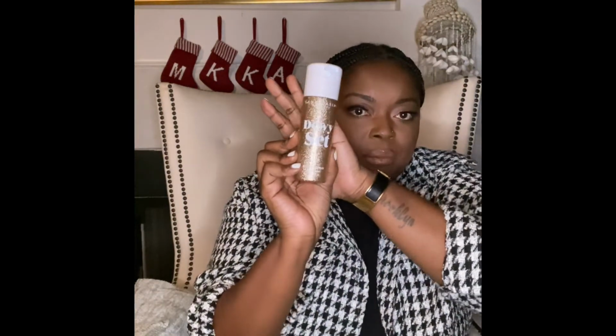Can we see that there? This again will be linked below. This gives you a great luminous finish, just very flawless. And I shake my bottle a few times and I spray evenly throughout my face. I'm going to give myself about 5 or 6 sprays. So let's go ahead and do that now. All right. And once we have our setting spray on, we let that dry down,